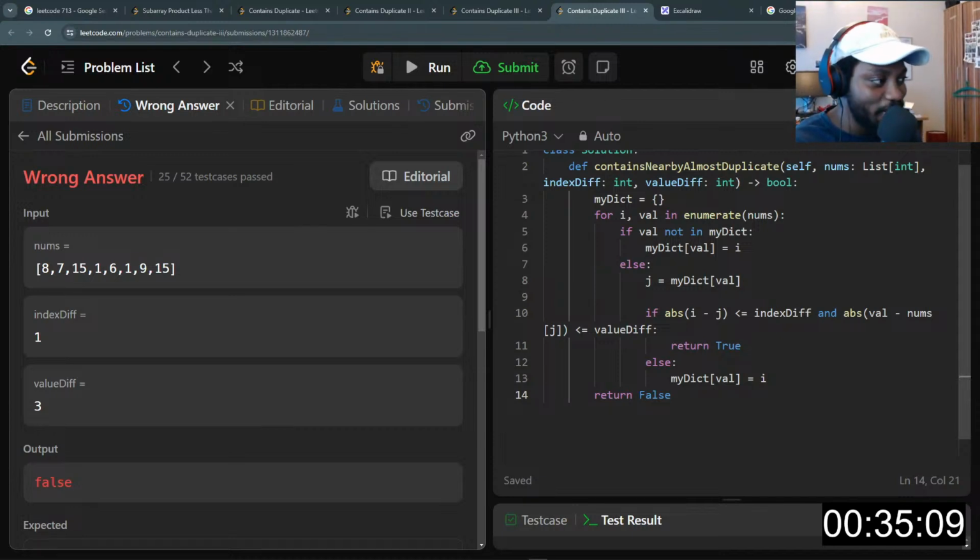All right, so what went wrong here? We can't have two different values at the same index. That's not possible. One integer has to occupy exactly one index, right?